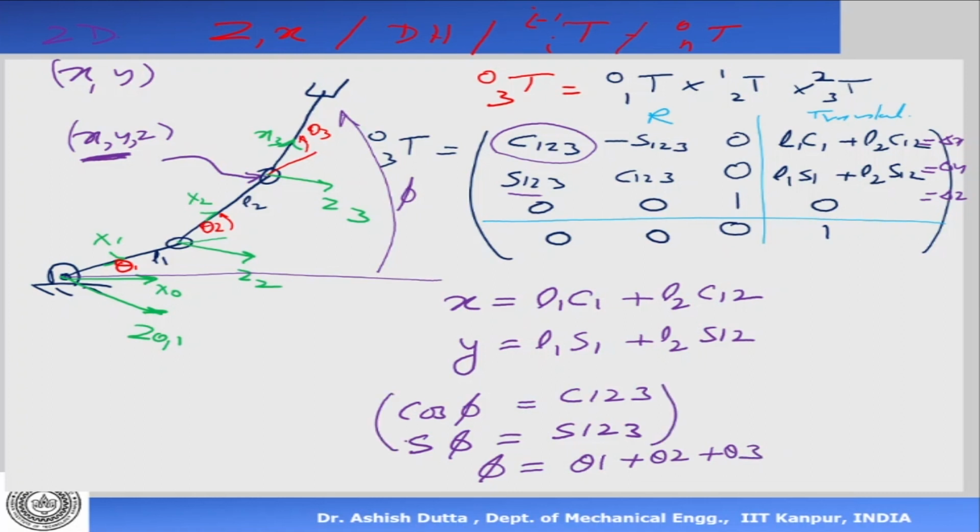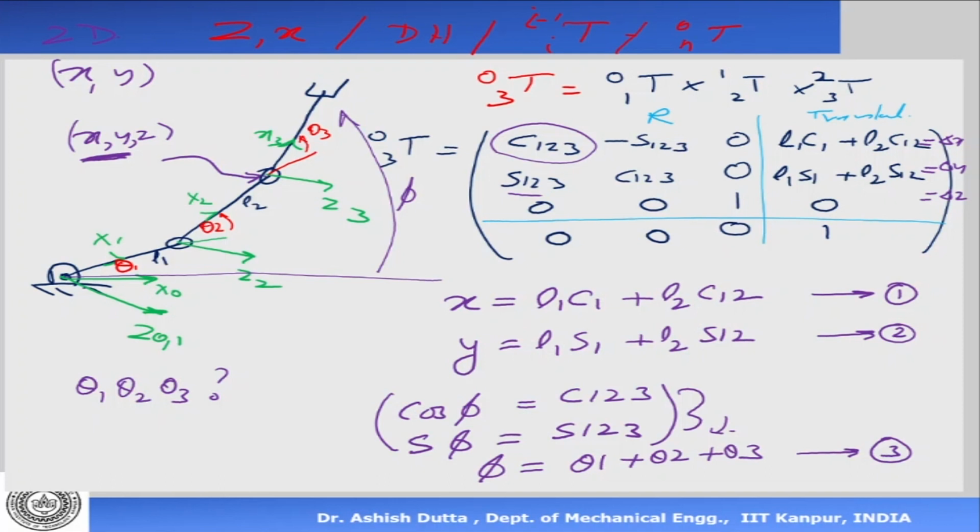So we have how many unknowns here and how many knowns? In terms of x and y, theta 1, theta 2 and theta 3 are three unknowns, and you have three equations. The first equation is here, the second equation is here, and the third equation is there. So you can combine these two and get that. We have three unknowns and three equations, so you can solve and get the values.